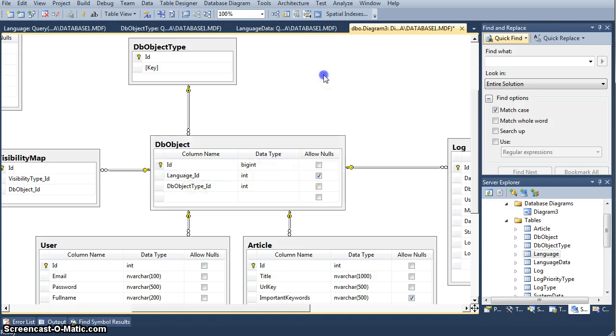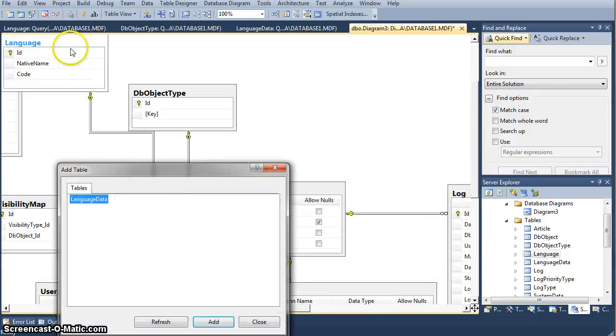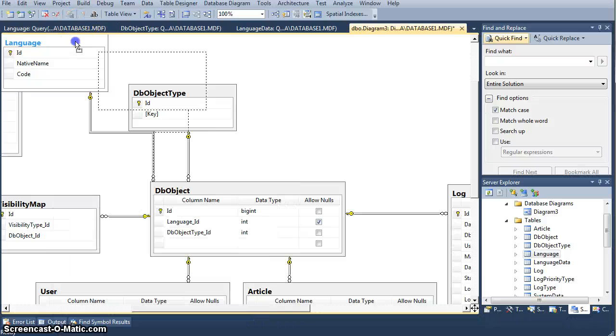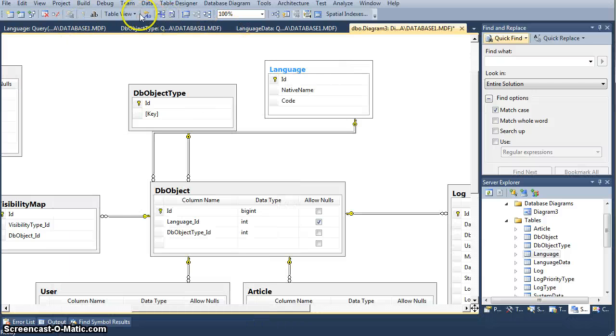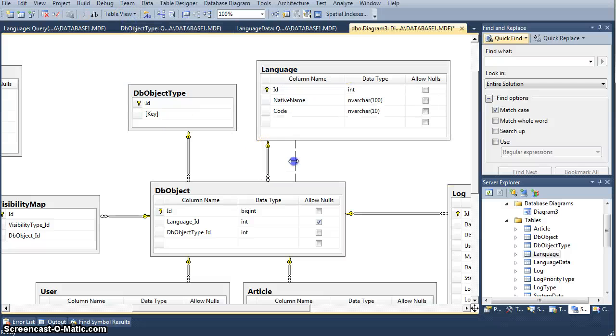Which is an integer, which basically is a mapper to a table, which I'm going to just add right now, which is this one. Let me just quickly change the view mode to, I think, standard. Yeah, that's the one. And the language table has very few fields actually. It is only ID, which is the automatically incremented identifier, of course, and native name, which is the name in the original language,